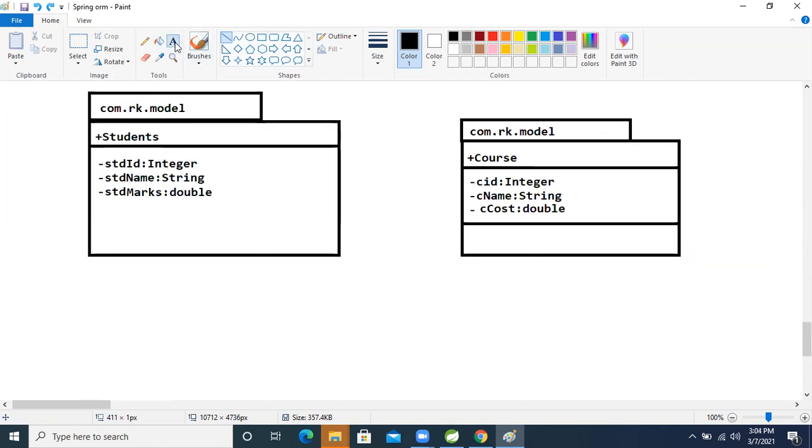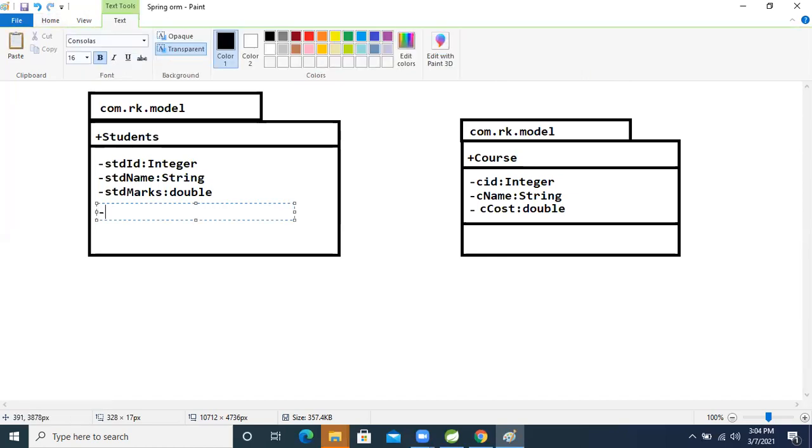Minus STD CRS, just I'm taking CRS, the student course object, as the attribute name. After that, its type I'm taking as Set, because a course cannot be duplicated: only one core Java, only one advanced Java. So because of that, I'm taking